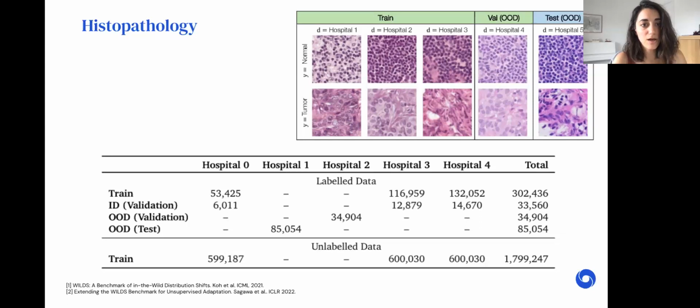In order to understand how model performance varies, we also consider skewing the number of samples for 2 out of the 3 in-distribution hospitals, and explore whether our model can perform well under more extreme settings. So as we skew the data set more and more against those hospitals, how does performance change?